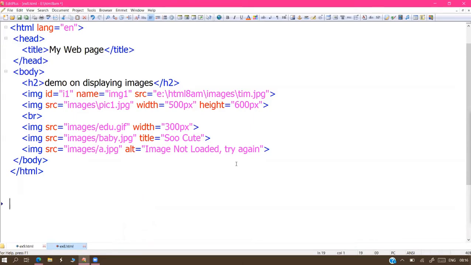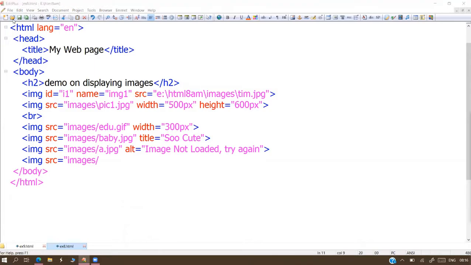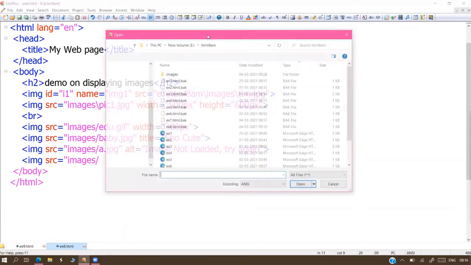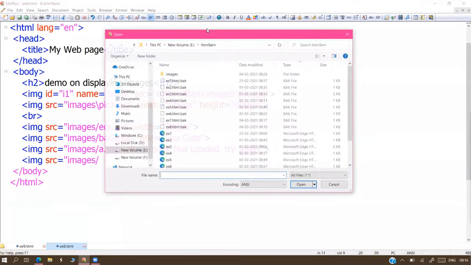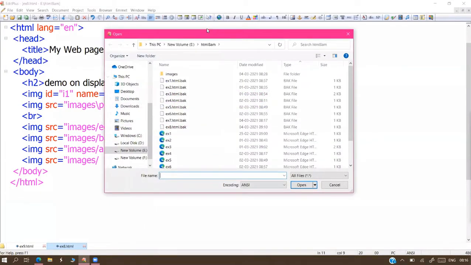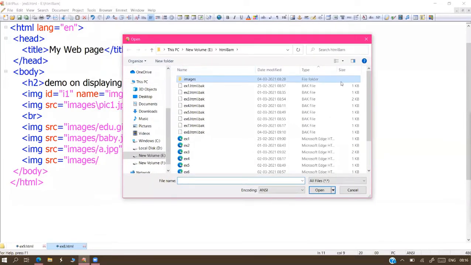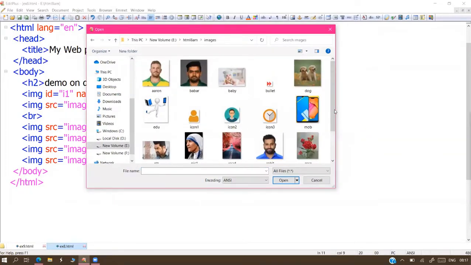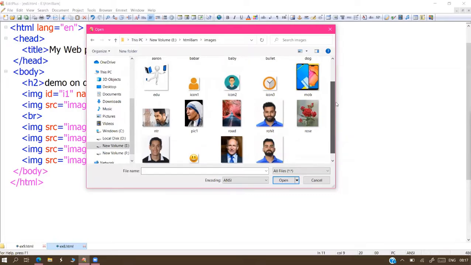Now see, I'm writing one image here. IMG SRC equals images slash, and I take one of the images from here.